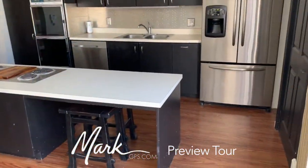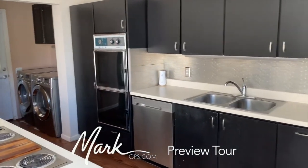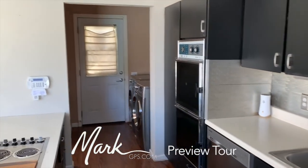I feel like I didn't get the kitchen enough, so I am just going to do one last little take of the kitchen so that you can see how that works out,